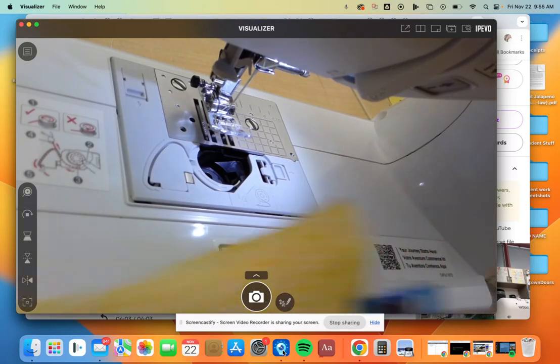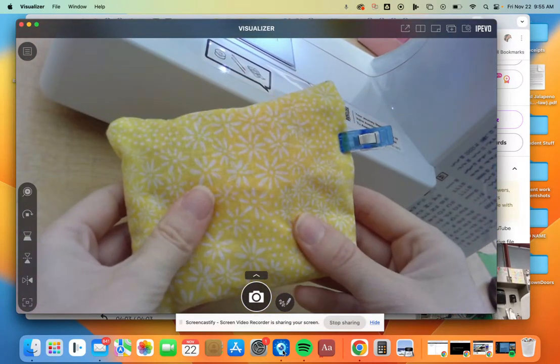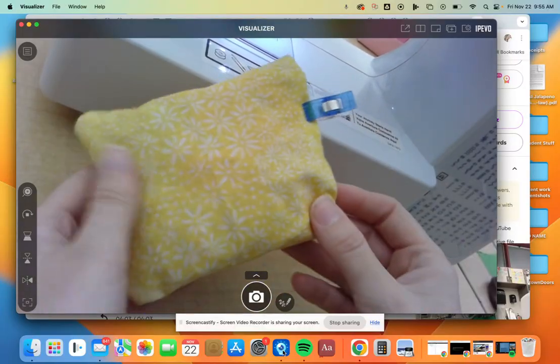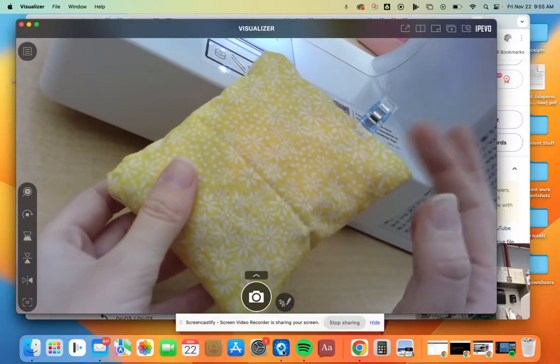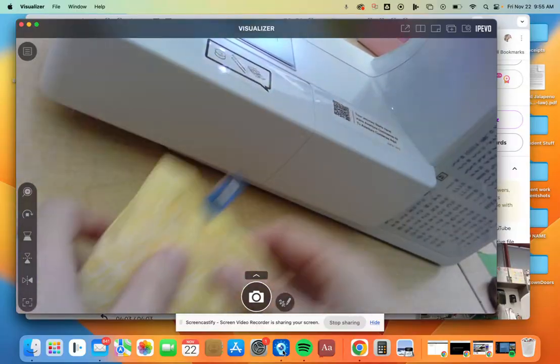All right, we're on our last little bit of the pillow. If you can see, here we go. I turned the pillow inside out so that the right side, the pretty side of the fabric, is facing outwards. That's the part we want to see. I've also stuffed it with just some tissue paper, but I'd prefer cotton or cotton batting or something like